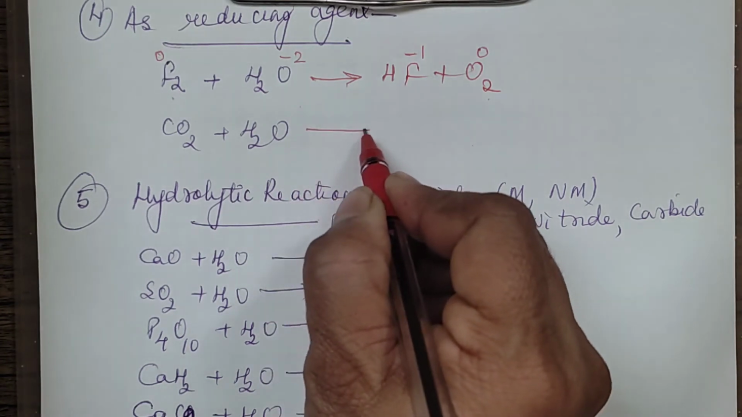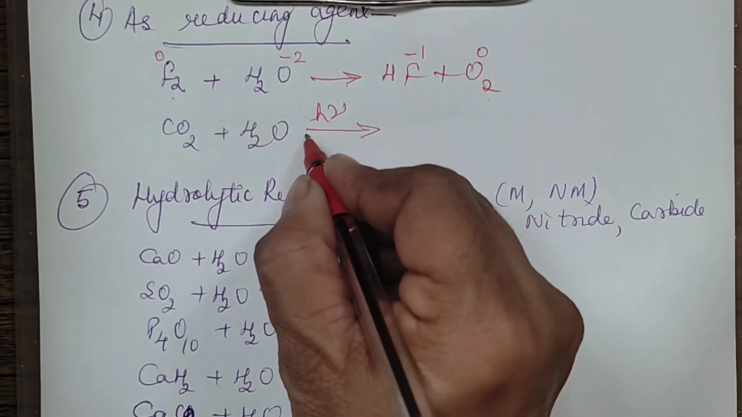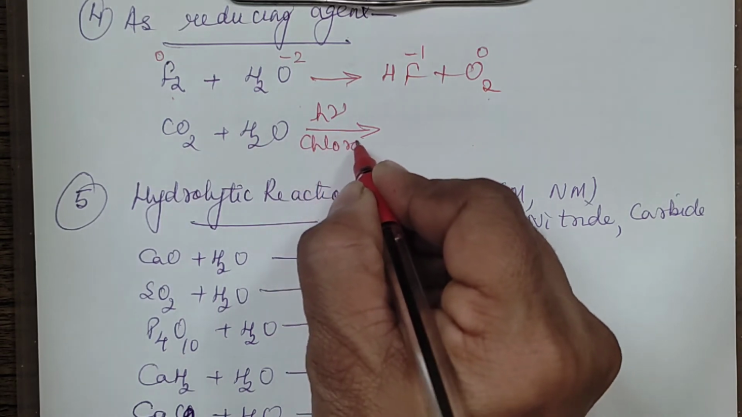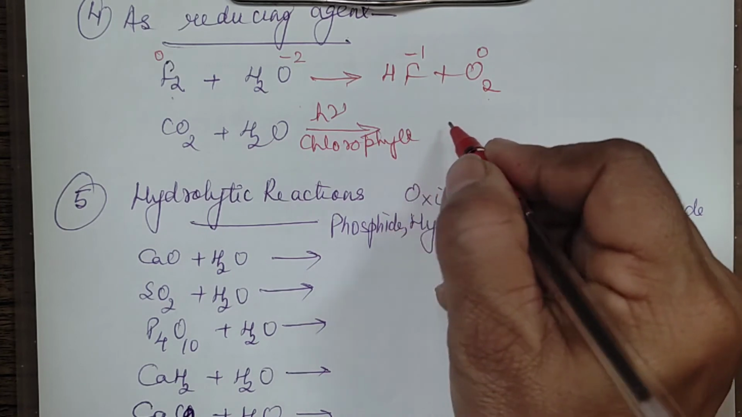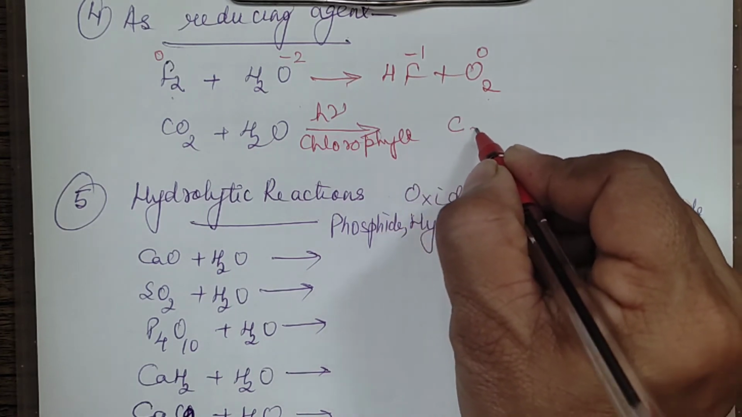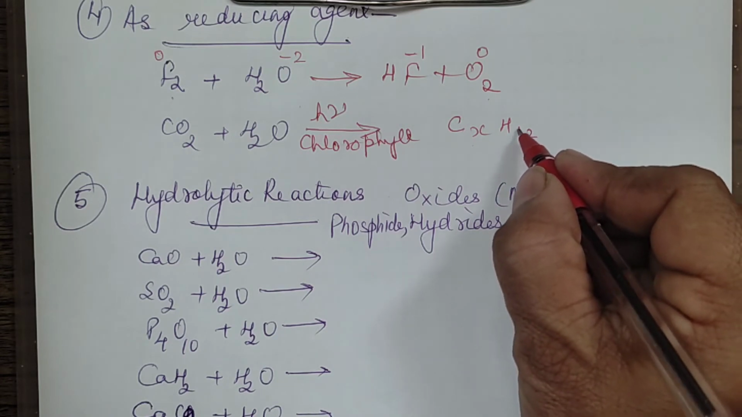Now the another equation is the photosynthesis one. It is occurring in the presence of sunlight, and also chlorophyll is required. Okay, and it will result in the formation of C6H12O6 and H2O. We can write that way,